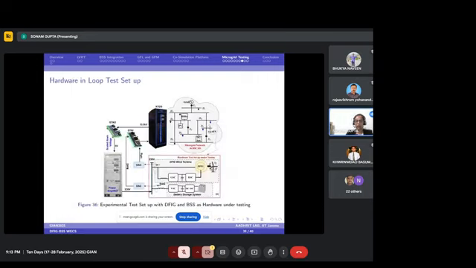So again, along with the simulation, we validated it with the hardware in loop test setup. Initially, we did it for a single turbine or a single battery storage system. So here we have the network. How do we do that in the network? The network is already implemented in the real time simulation facility, the RTDS. With one of the buses where the battery and the wind turbine are connected, we replaced the simulated battery and wind turbines